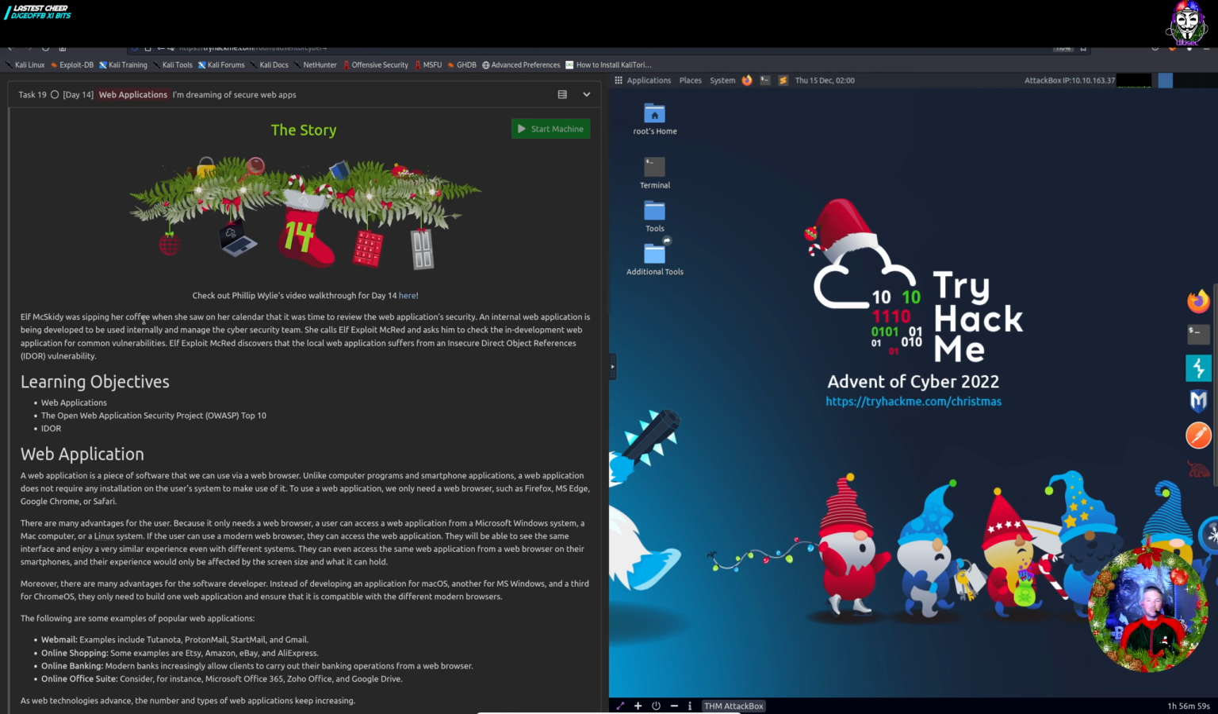Elf McSkidy was sipping her coffee when she saw on her calendar that it was time to review the web application security. An internal web application is being developed to be used internally and manage the cybersecurity team. She calls Elf Exploit McRed and asks him to check the in-development web application for common vulnerabilities. Elf Exploit McRed discovers that the local web application suffers from an insecure direct object reference, otherwise known as IDOR